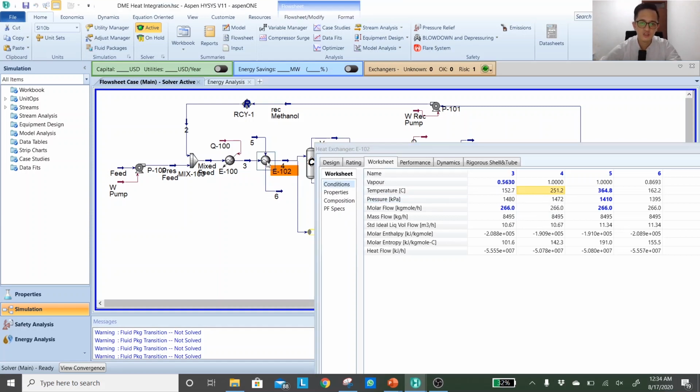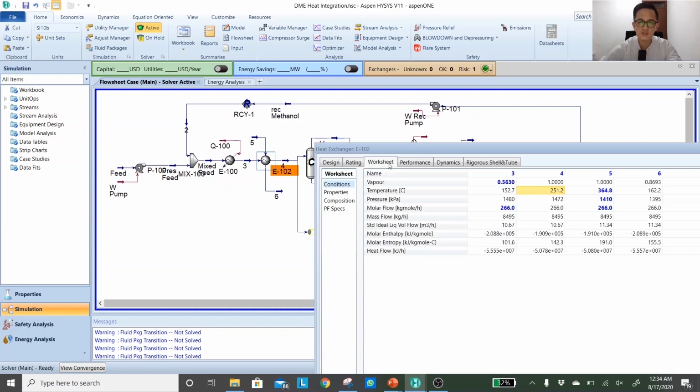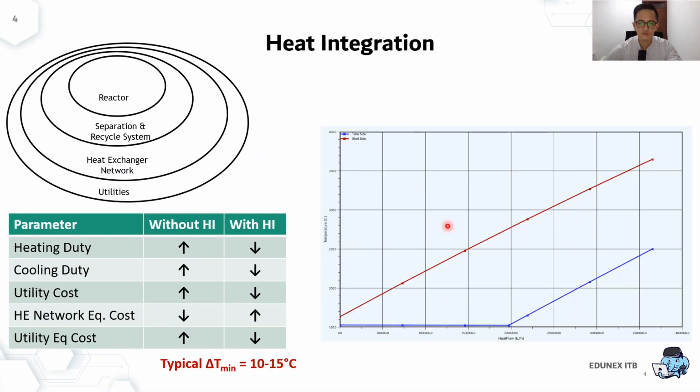the exchanger now to be a rigorous shell and tube. It's not shortcut anymore. When it's already a rigorous shell and tube, that means the sizing results from the EDR are already installed into this exchanger. So the area is already fixed. So what needs to happen if we want to reduce the temperature? Okay, you have to imagine, I guess that will be a good time for me to go back to